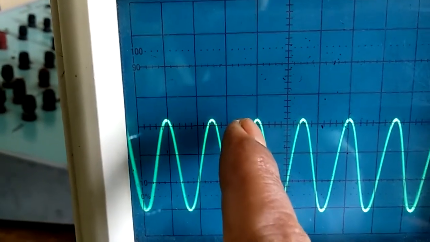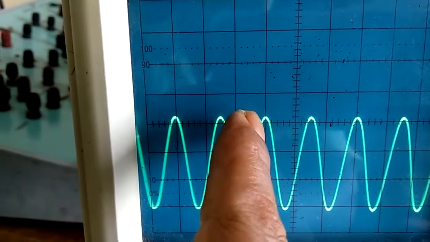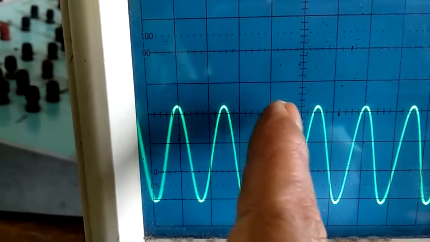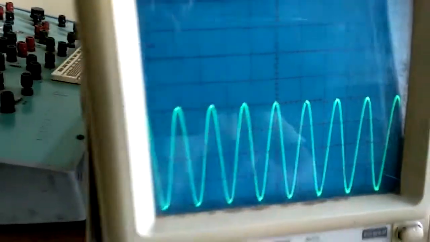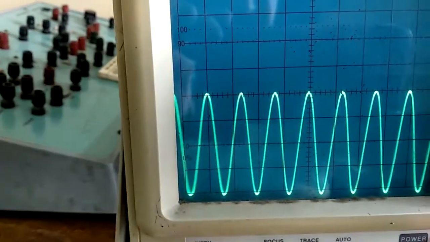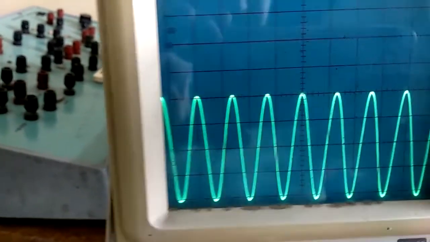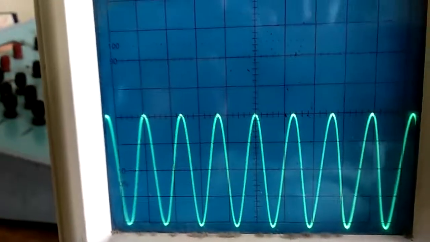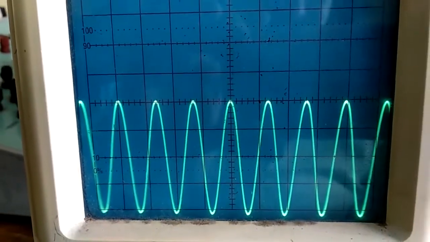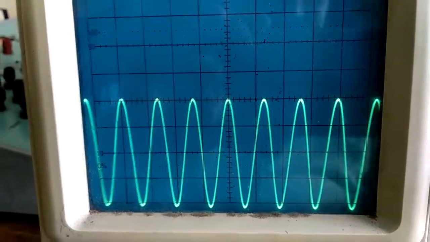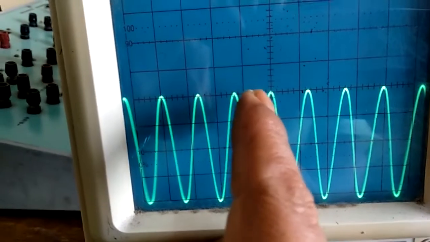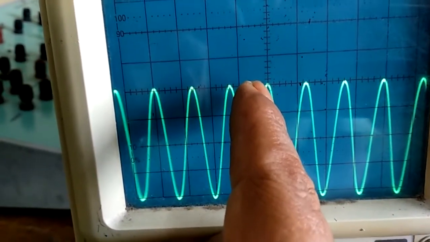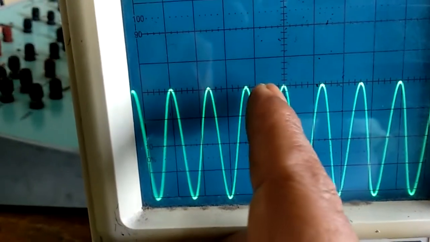So in here your total time period distance will be 1. You will clearly see that if you align any of the peaks with a vertical line of the screen at the start of a big division, after completing one time period, one time cycle, the next peak has come just here. So you have to count the distance like this.